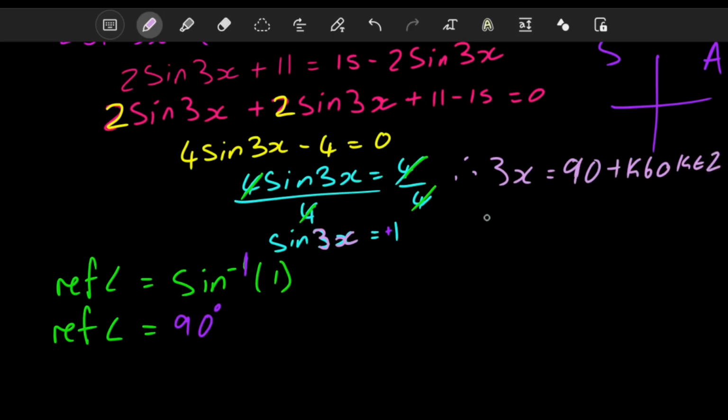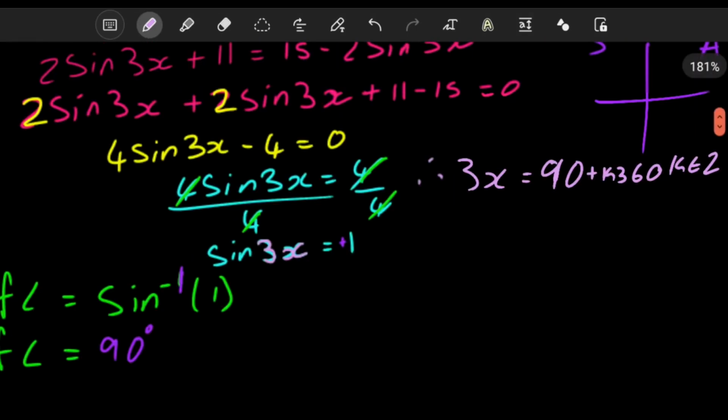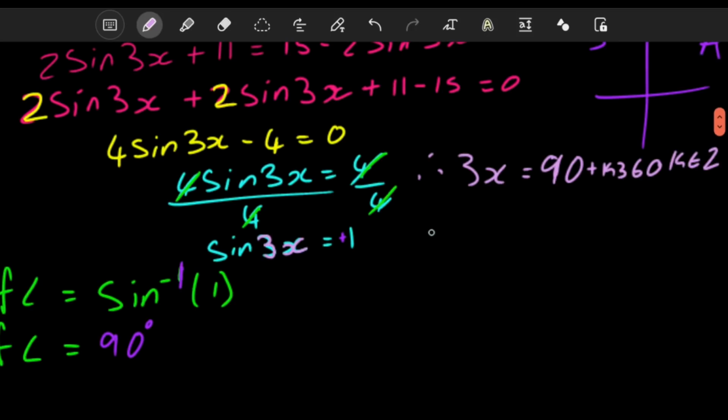K360, k is an element of the integers. K60, I mean k360, I'm sorry, don't kill me. There we go. And then obviously here you're going to divide everything by 3. So dividing everything by 3,